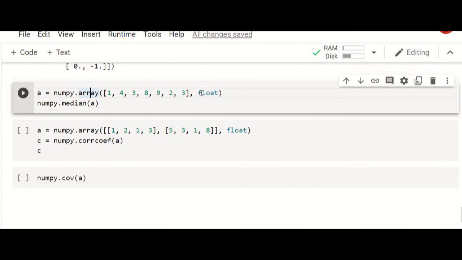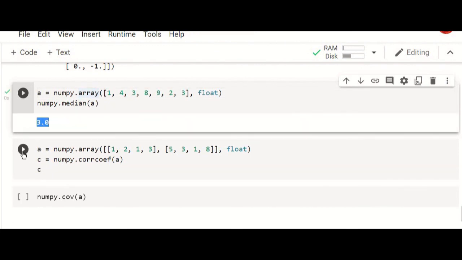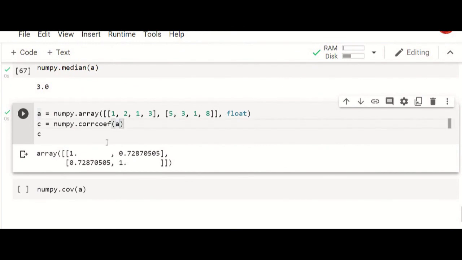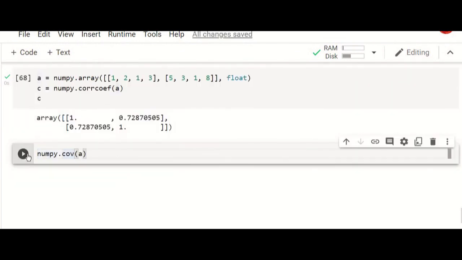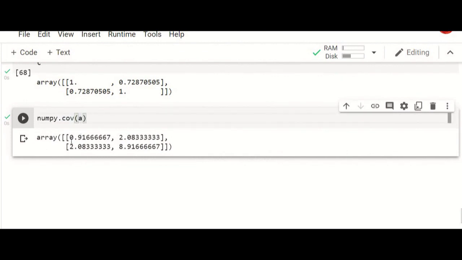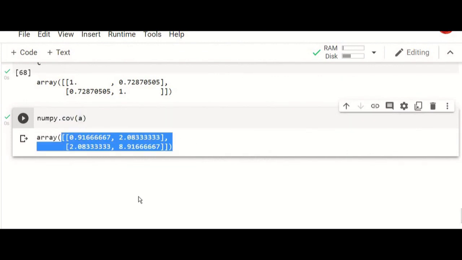First, these elements will be converted into float and stored, and afterwards we can call the median function with reference to the numpy module: numpy dot median of this array variable. Similarly, we can calculate the correlation coefficient of the given array with numpy dot covariance of A. So the covariance matrix of the given array A is created and displayed.